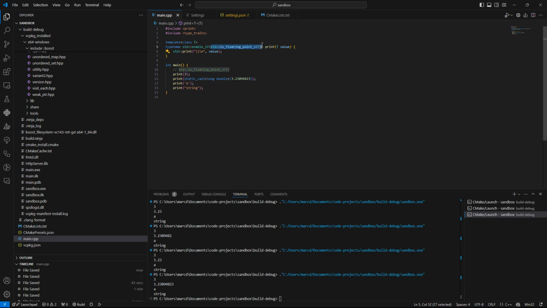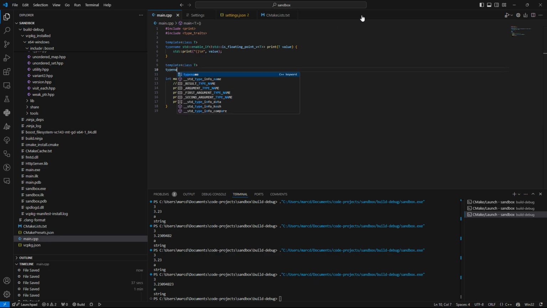So this in fact is now incorrect, because it says if t is floating point, then use this function. However, we don't want any of that because we are not passing the format specifier here. So you can just go ahead and put an exclamation mark. So this function is called if t is not a floating point value. Right. So now we move on to our floating point function implementation,